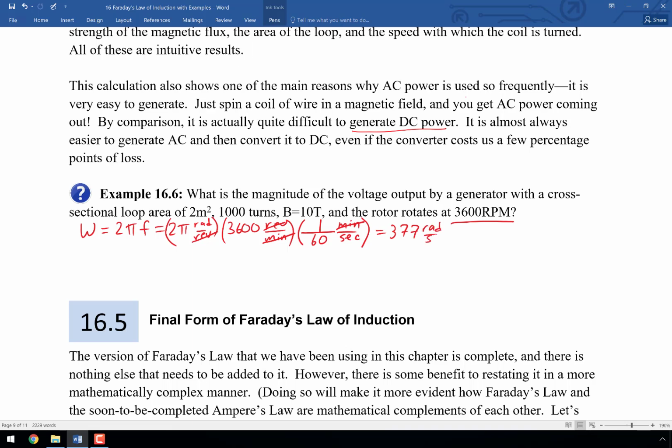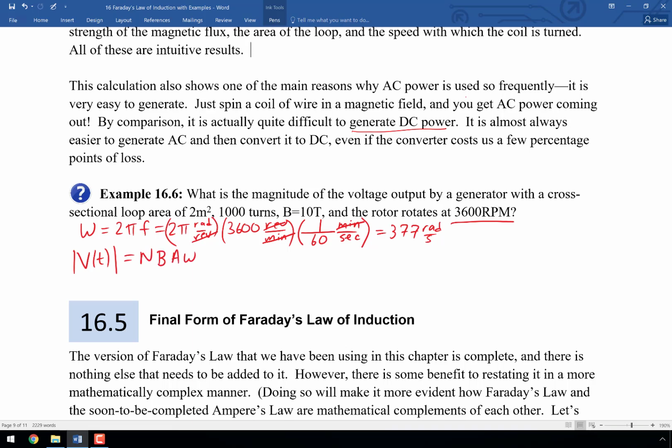Because 3,600 revolutions per minute is 60 revolutions per second, or 60 hertz. So I'll say the magnitude of, and I never know whether to make the V capital or lowercase, but because there's also sometimes velocities associated with these problems, I'll leave the voltages as being capital. This is equal to